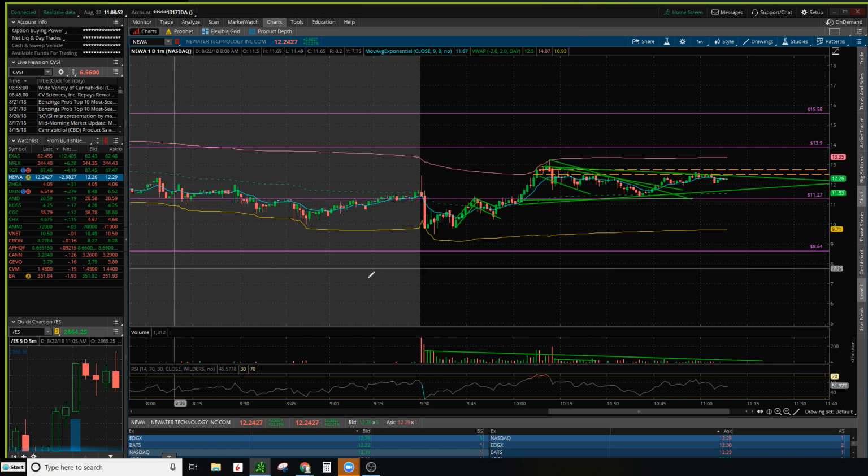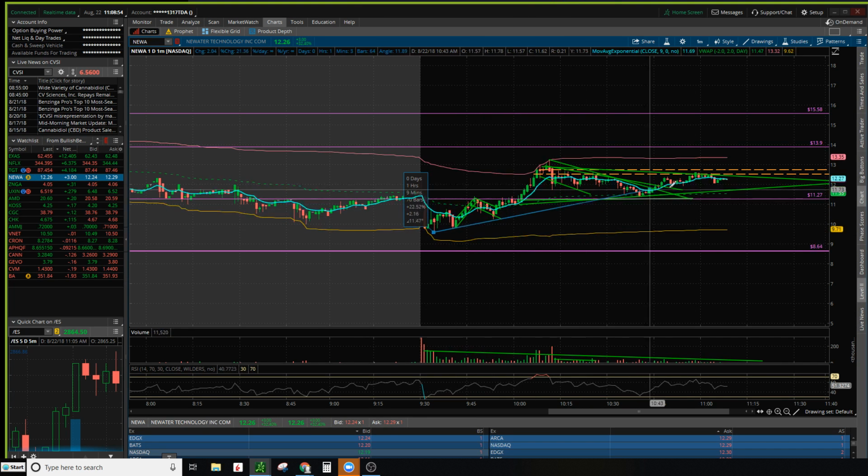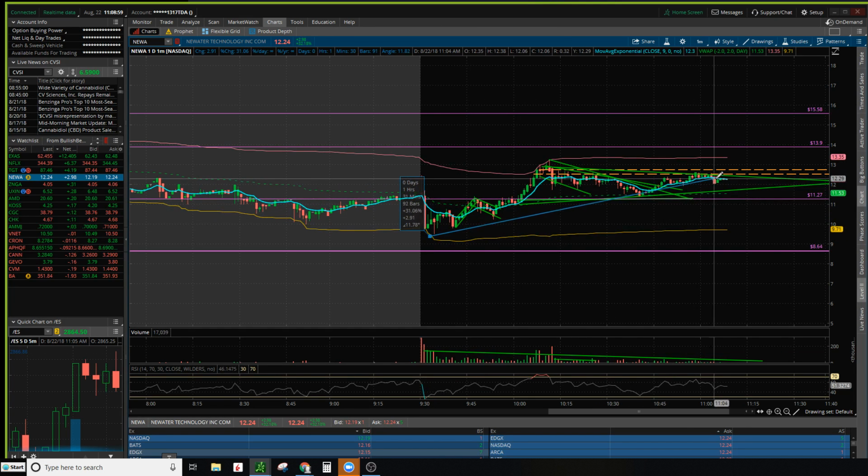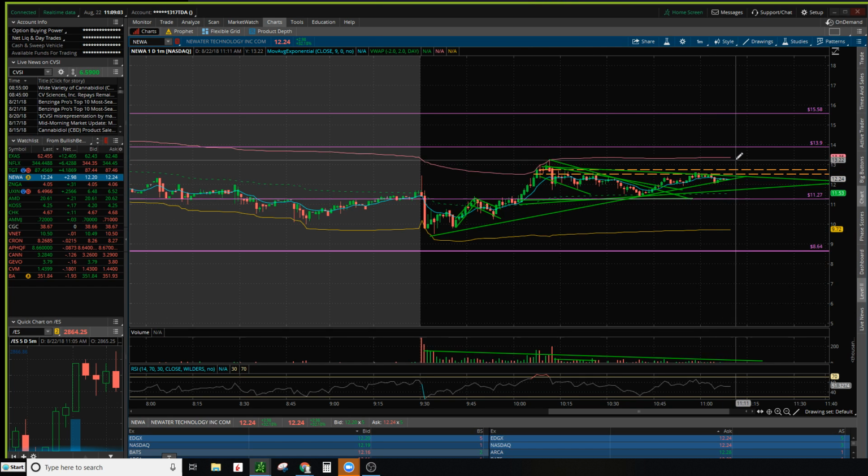Well, don't count on it hitting anything, but it also does have this right here. So it's at a possible inflection point, and it certainly could test the high of the day again, but it's just really low volume. So